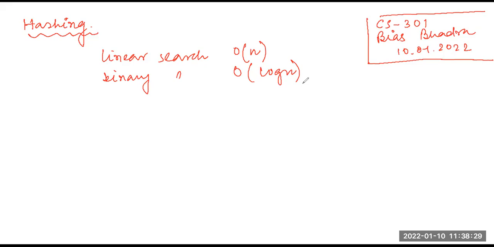But what if we want to perform this search operation in time proportional to a constant, that means in constant time, irrespective of the dependency on n? What is the way? In other words, is there a way to search an array in constant time, irrespective of its size? To understand this, let us take an example of two scenarios.